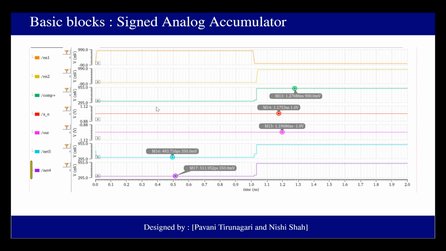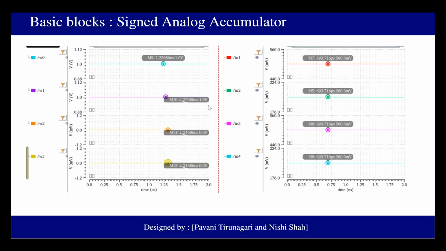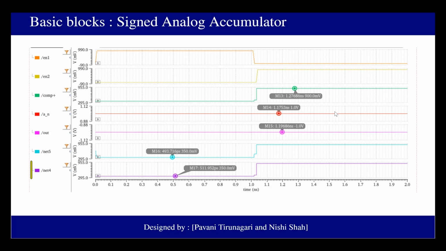So at the initial, the comp plus is basically 0. But then the positive sampled voltages and negative sampled voltages are basically the same here. So the charges between the capacitances cancel out and we achieve 900 millivolt as comp plus. And after they both are compared, we get a -1 volt because it's a deep binary CNN. So we either get a +1 or a -1. So this is the final output.